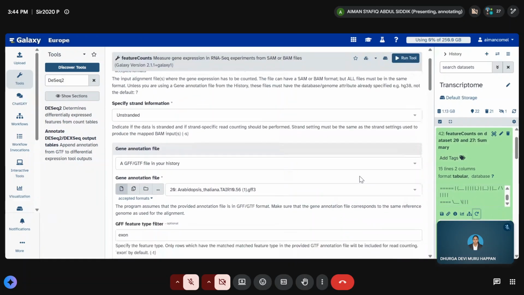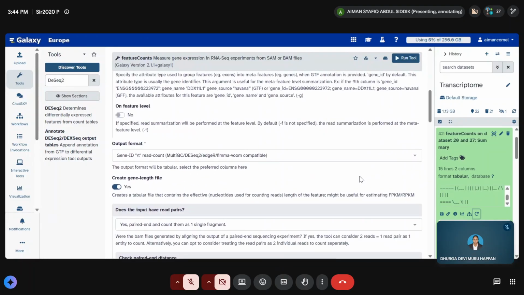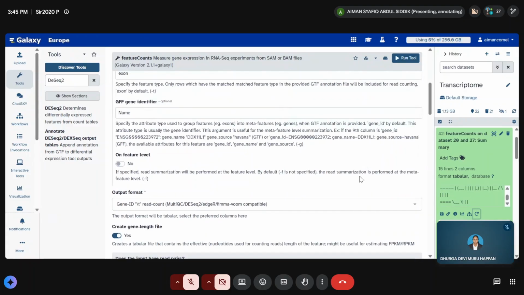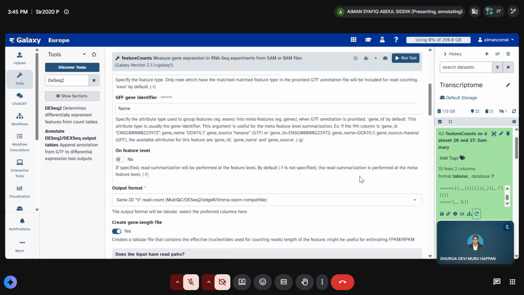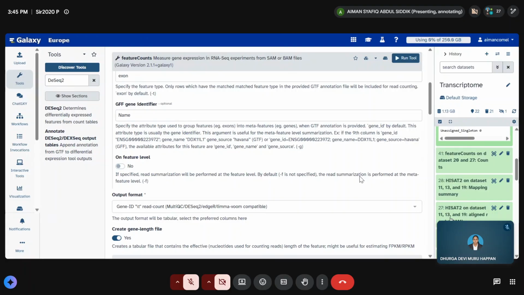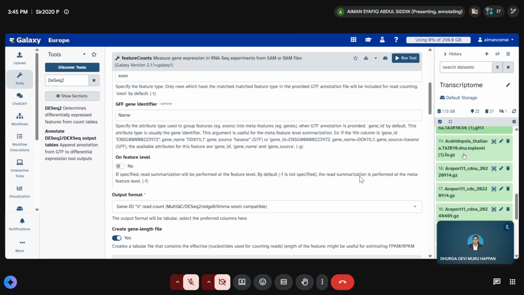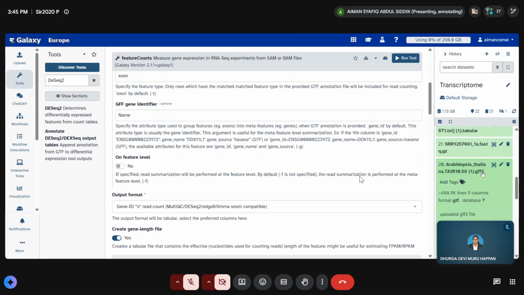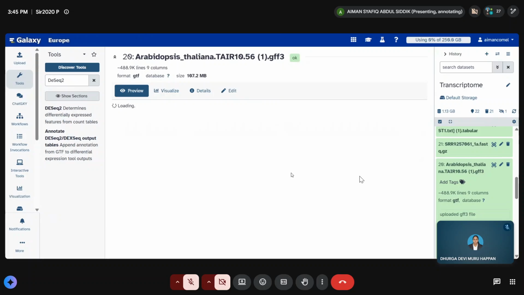Run the job again. If you use Name as the gene identifier, can you open your GTF file? I want to see.